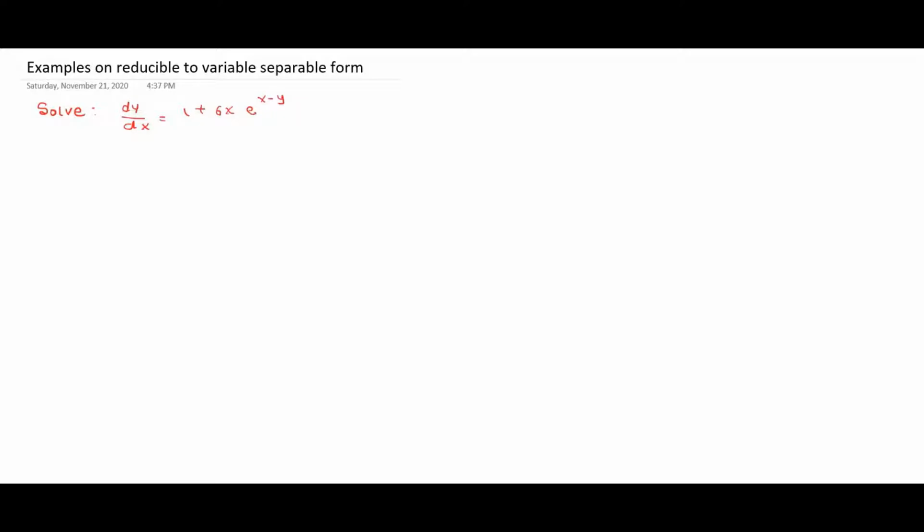Now, to reduce to the form of variable separable, we have to substitute this x minus y